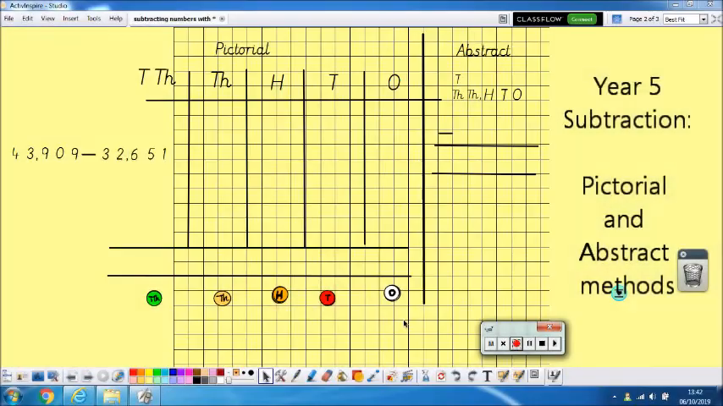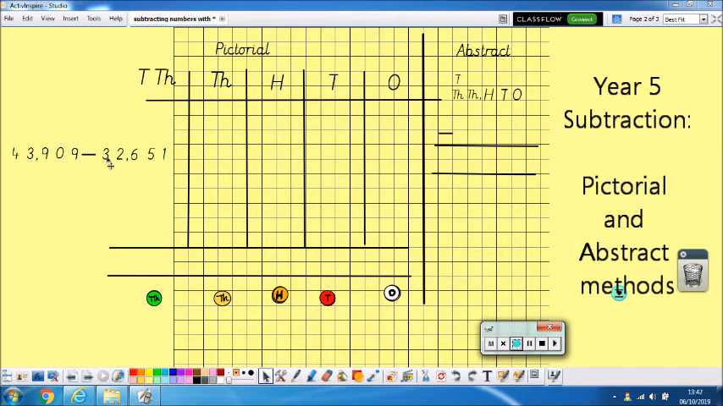Once children get into year 5, they're typically doing calculations involving 4 and 5 digit numbers. And that means instead of using base 10, they're going to be using representations of numbers using place value counters. So here we have our place value counters. And the calculation that's being done in this video is this one: